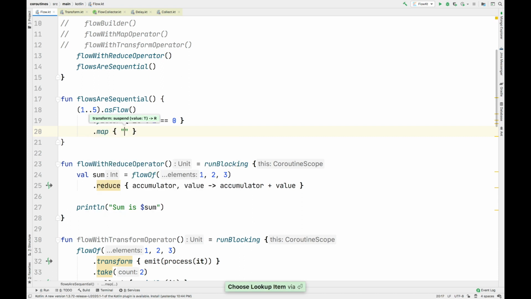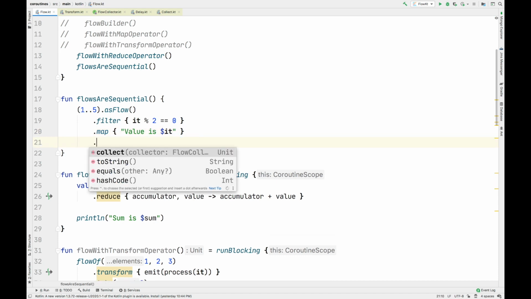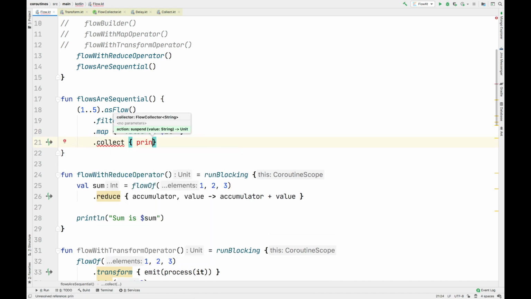I'll map it to some string value, so I'll call it value is, and then add the value. Then I'll call collect on top of this and simply print the incoming elements. Here I'll also have to use runBlocking.